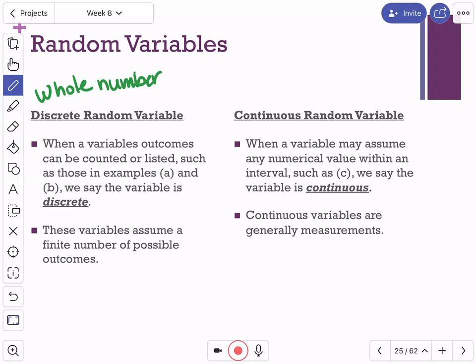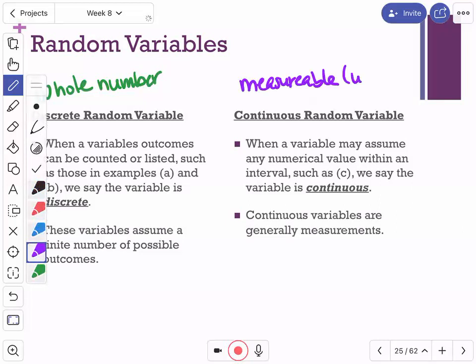The other variable, a continuous random variable, is a measurable variable, right? And there's a difference in the way we go about doing these. These are measurable. And by measurable, generally that means you can apply a unit to it. And that means that it can be parts, right? And all this really means is that, so when we talk about a random variable, first off,